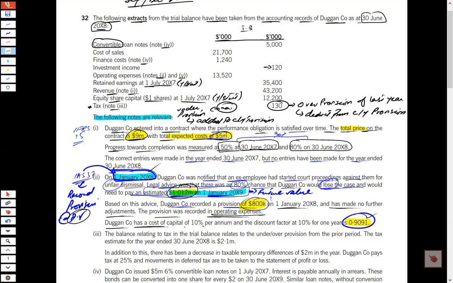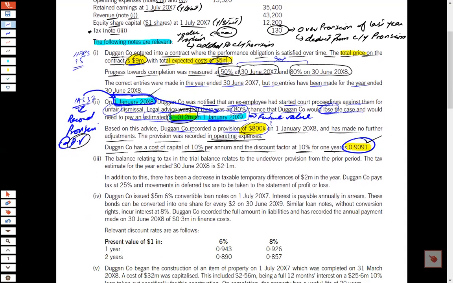The company has a cost of capital of 10% per annum, and the discount factor at 10% for 1 year is 0.9091. Why is the 1 year discount factor required? Because the exact time period difference between these dates is exactly 12 months, that is 1 year. Next,